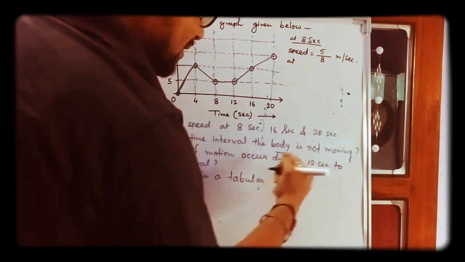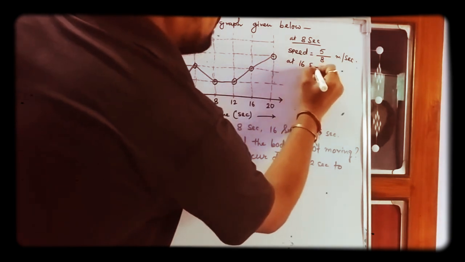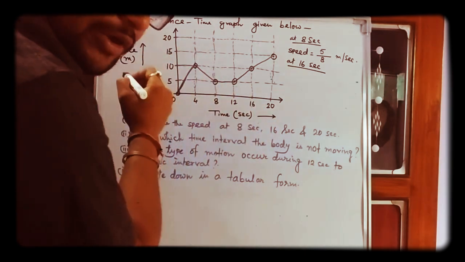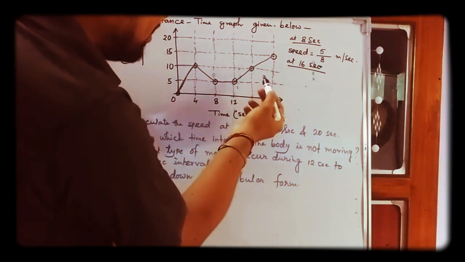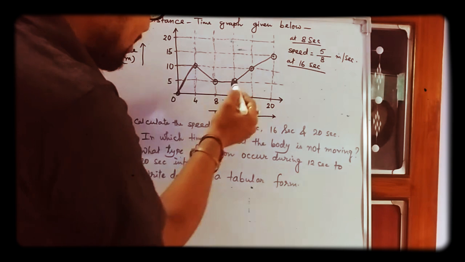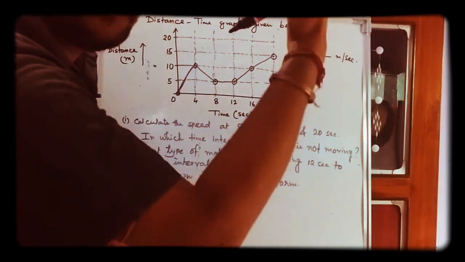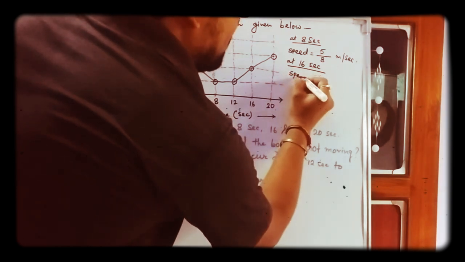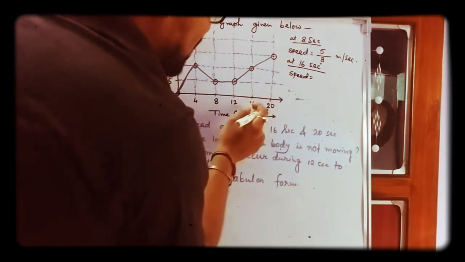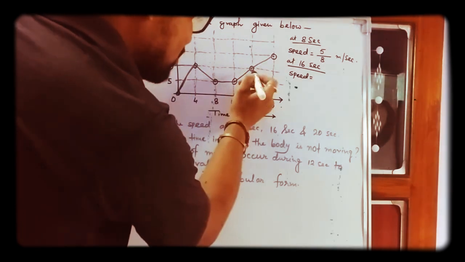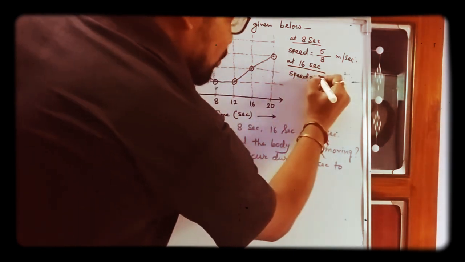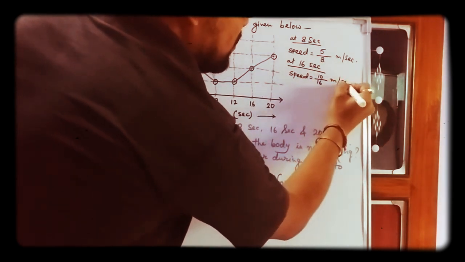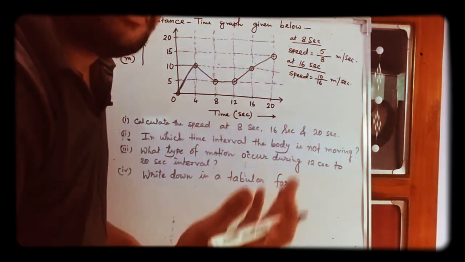Next is at 16 seconds. At 16 seconds, what is the speed? What is the 16 point here? This point is 16, and at the 16 point, what is the distance traveled? This is the point, so the distance traveled is 10. So 10 by 16. Distance by time is called speed. If you cancel, you can cancel here, no problem. But this is meter per second. This is how you have to solve the speed